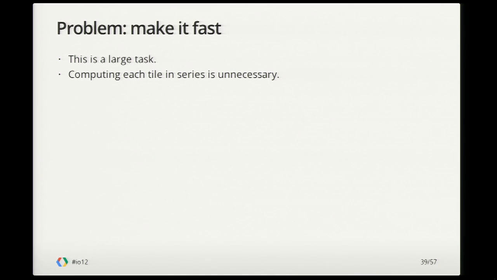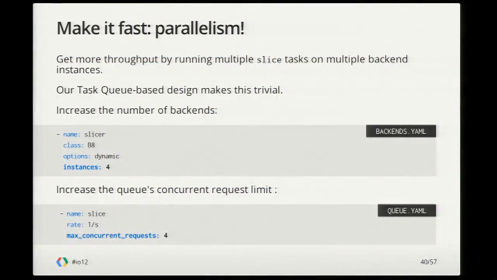The second issue was making it faster. And so what we have here is an embarrassingly parallel problem, right? We have one source of data that's basically immutable, that is the tile overlay. And then we have many, many, many small jobs that need to be run over that piece of data. And so there's no reason that it should be done in serial, which is how we had it originally. So instead, we thought we would just run multiple tasks in parallel. And fortunately, the design that we have using task queues made it trivial to run multiple slice tasks across multiple